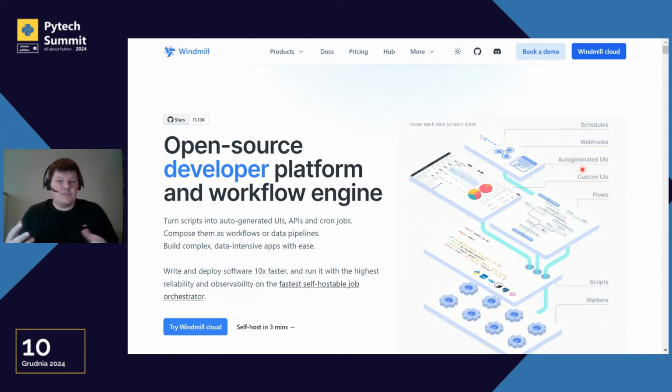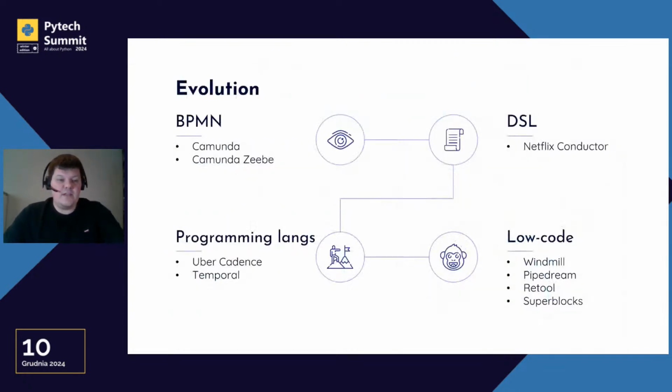I want to use something more stable and dedicated for mission critical business logic. That's why personally I want to stay in this area and work with solutions like Uber Cadence and Temporal. And today we will talk more and more about Temporal.